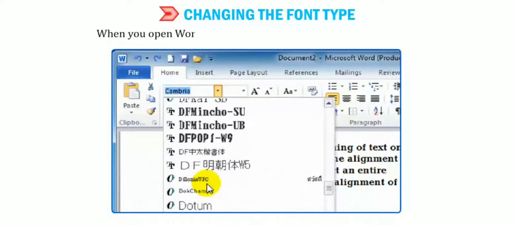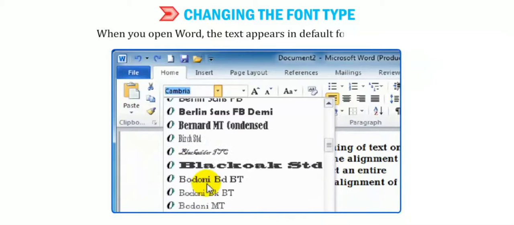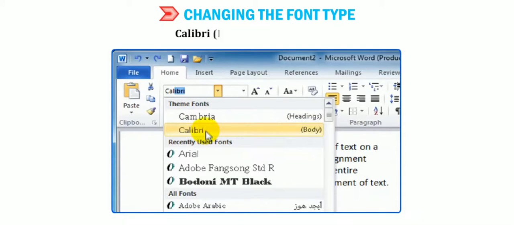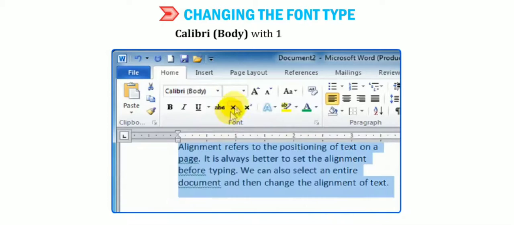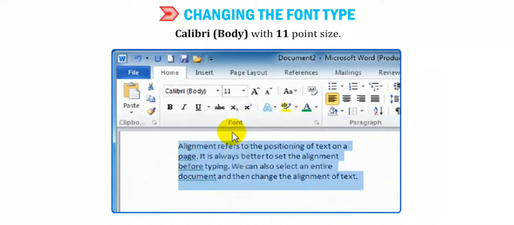When you open Word, the text appears in the default font, that is Calibri body with 11 point size. So remember, what is the default font? That is Calibri. And what is the default font size? 11 point. So this is the default when you start the Word program.